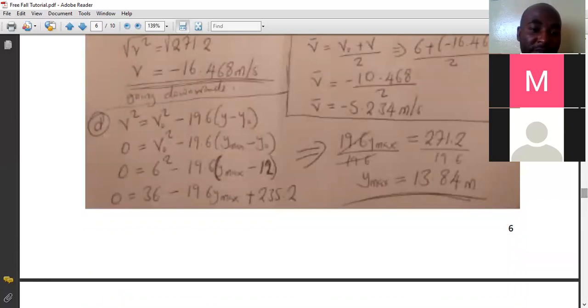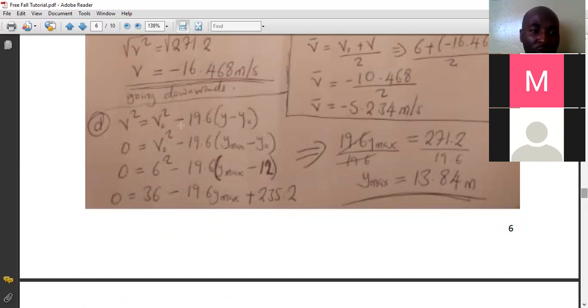Then the next one is what is the maximum height from the ground? So now from the ground, you use the height of the building where she's throwing from as the initial height. Why? Because now you're not doing your calculations based on the top of the building, but you're doing them based on the ground. So the height of the building becomes an addition of sorts. So the formula is v squared equals v naught squared minus 19.6 open brackets y minus y naught close